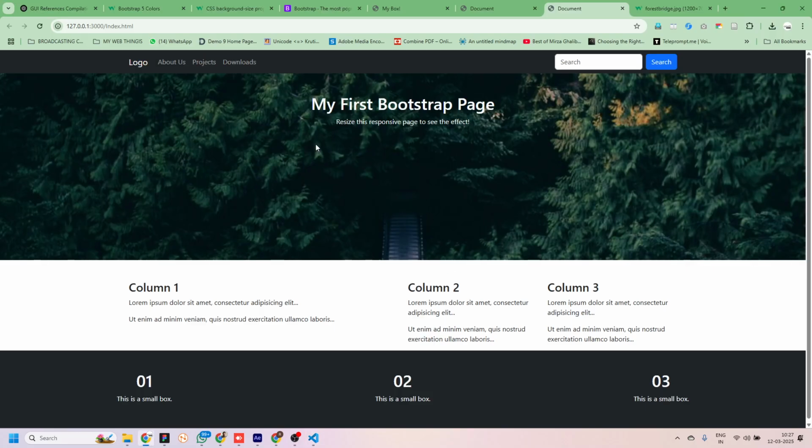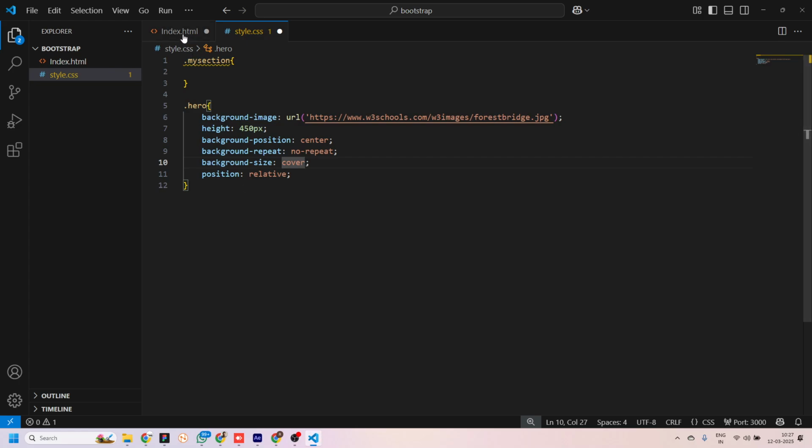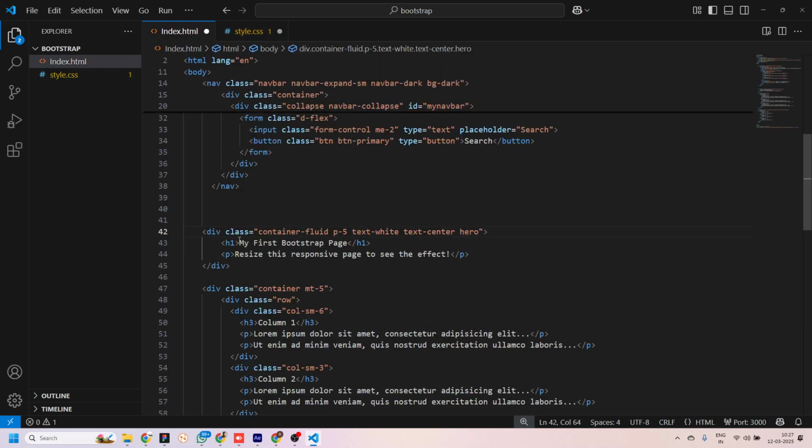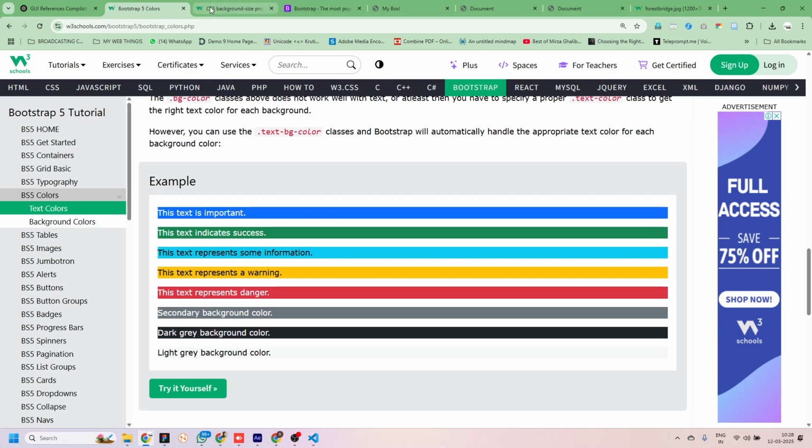Now those who are wondering कि सर ये text जो है मुझे बीच में चाहिए, ये सही नहीं लग रहा मुझे, क्या कर सकते? What can we do? ये लिखा है इसमें और ये टेक्स्ट सेंटर तो लिखा है, तो सेंटर हो रहा है. जब हम बूटस्ट्रैप यूज कर रहे हैं, so students will look for something which is there in the Bootstrap. ठीक है, तो हम यहाँ आते हैं और यहाँ भी आते हैं